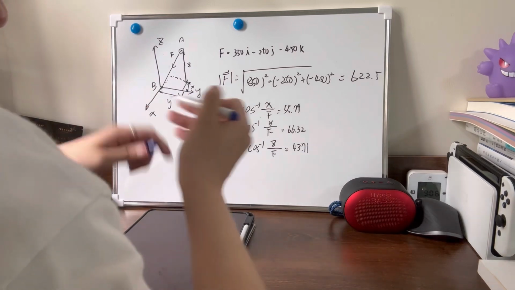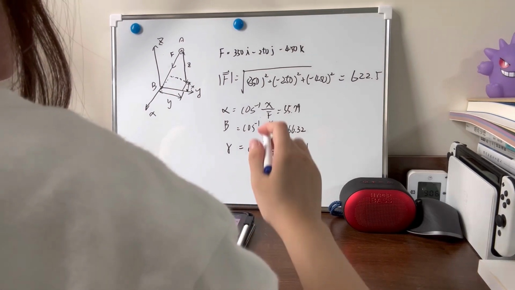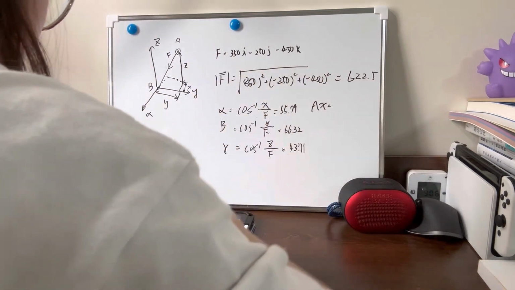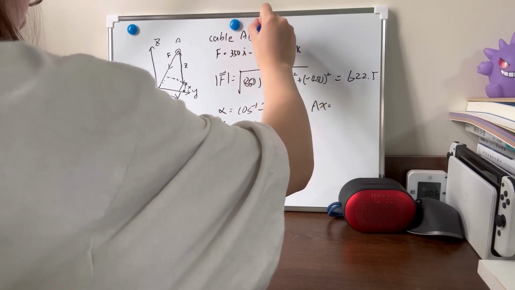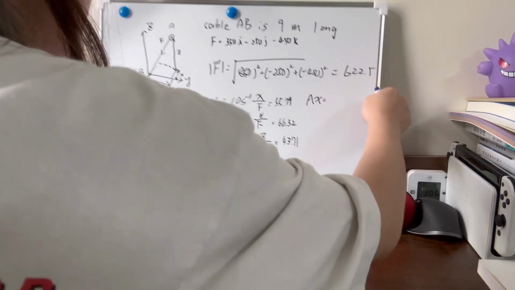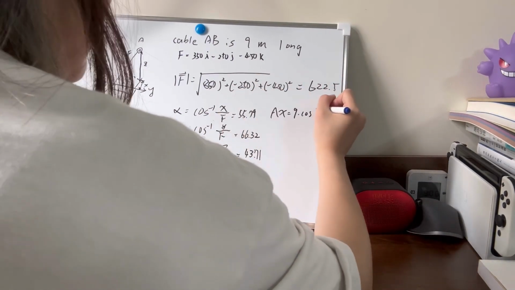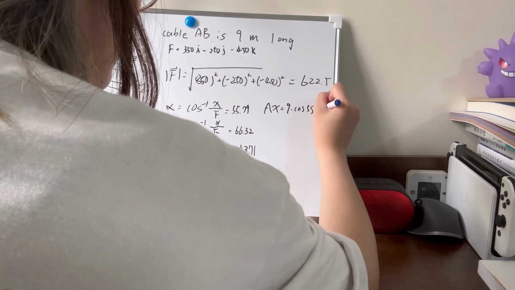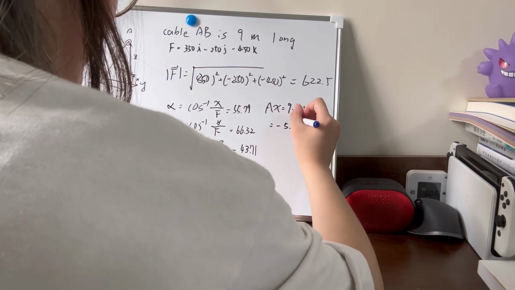And you got this angle, so you can figure out the magnitude of the A, and AX it would be like, and you know the cable AB is 9 meters long, so it would be 9 times cosine that angle you find, it is alpha, so it's cosine alpha, and it will be minus 5.606,